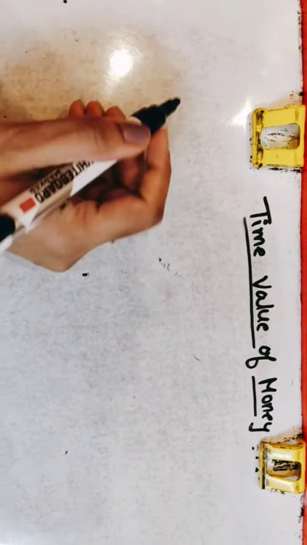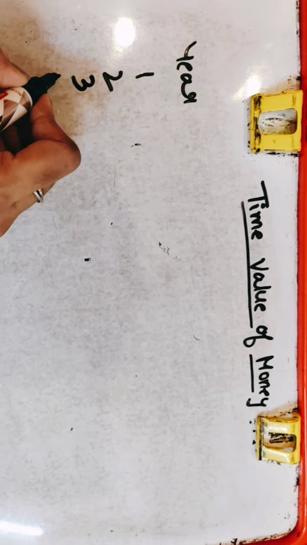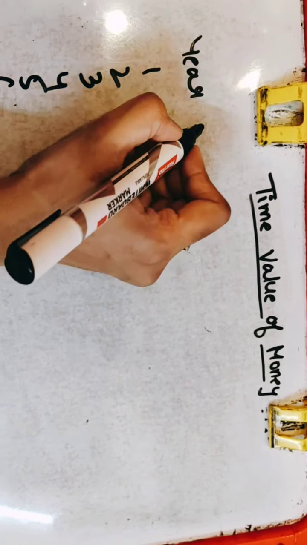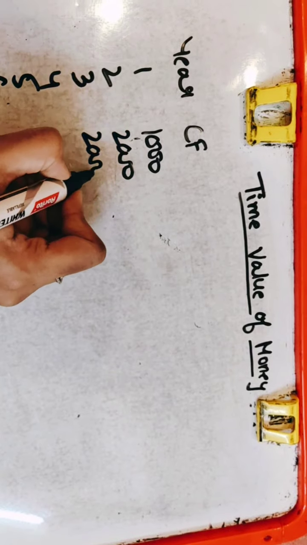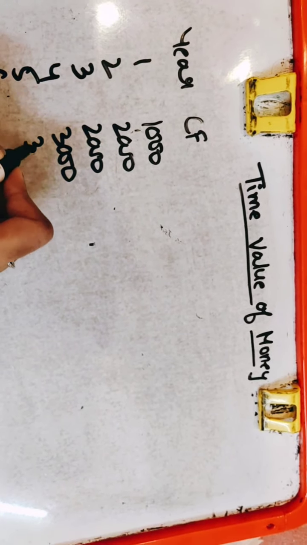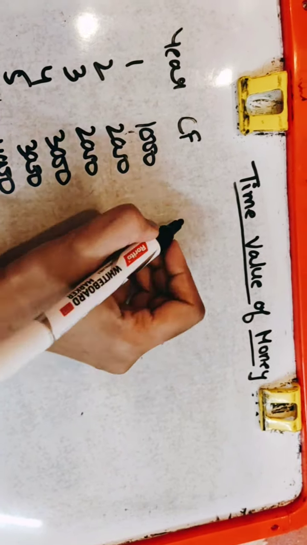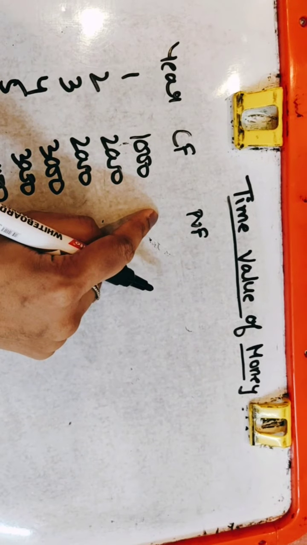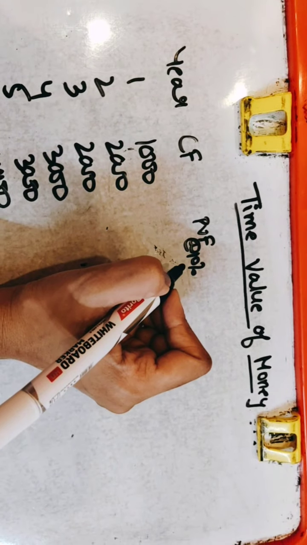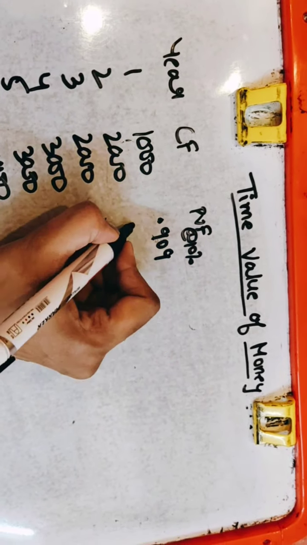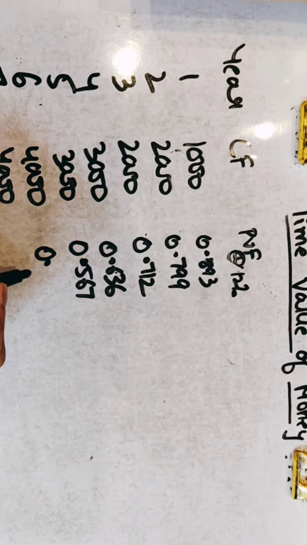Now let us take an example to make it more clear. For example, we have a proposal in which we have inflows of, let's say, 8 years. We have been given cash flows. I have taken random numbers just to make you understand more. And here we have present value factor. Assuming the rate of discount is 10% given to you, just use the simple formula. What we are going to do, 1 divided by 1.1. We will get 0.909. You can cross check your answers from the table available in all the books. See how easily I can find out the values.